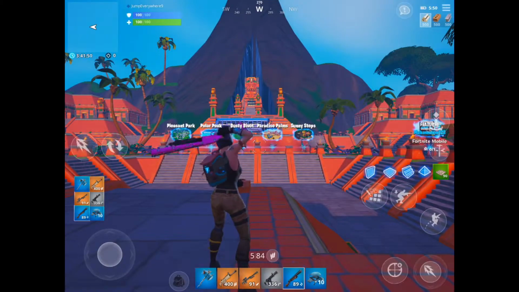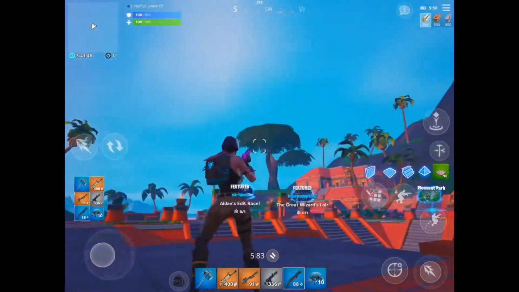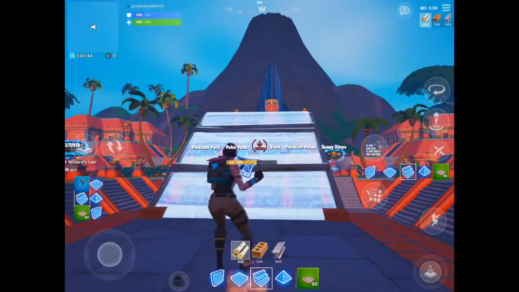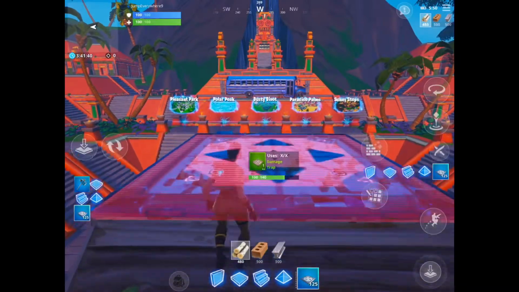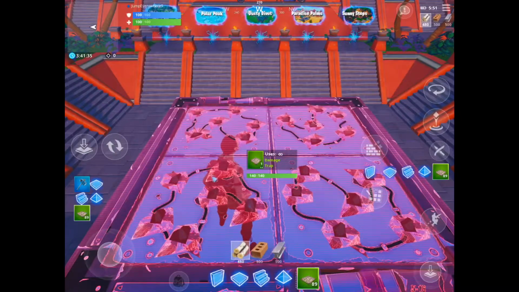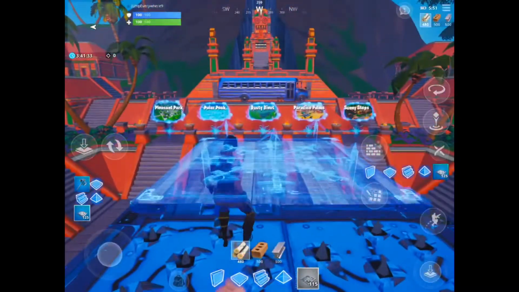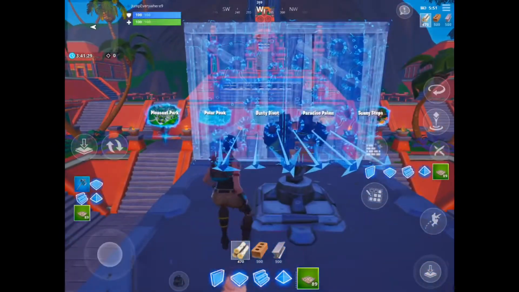Now, your guns are here. All of your mats are here. And you can do a bunch of stuff with that. But there's a barrier. So now, I will build another metal. Probably. Yep. I didn't do it. Okay, so